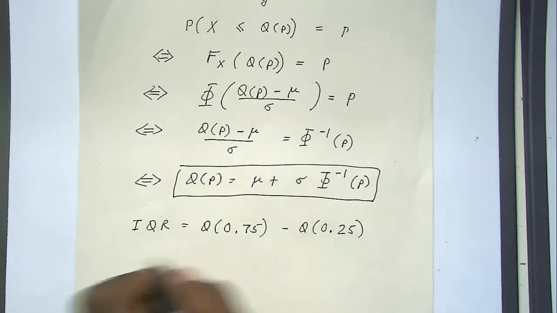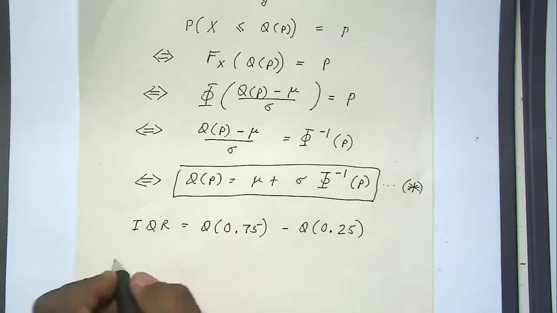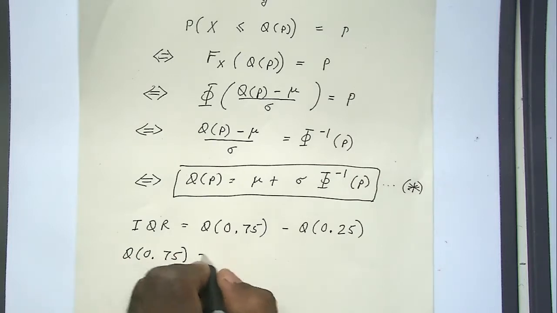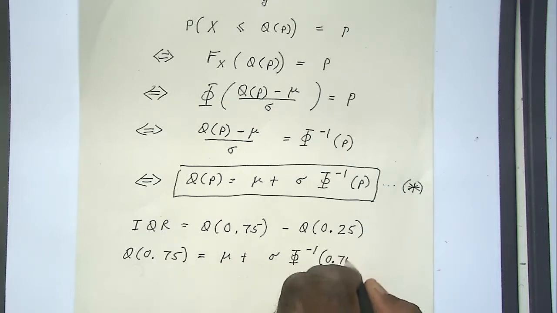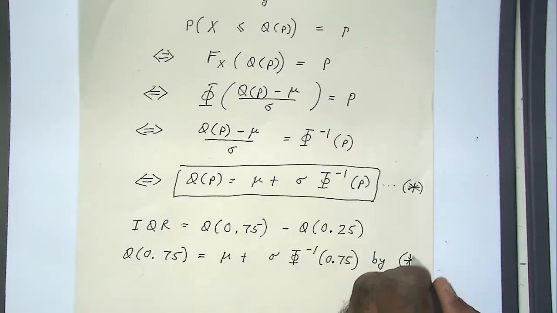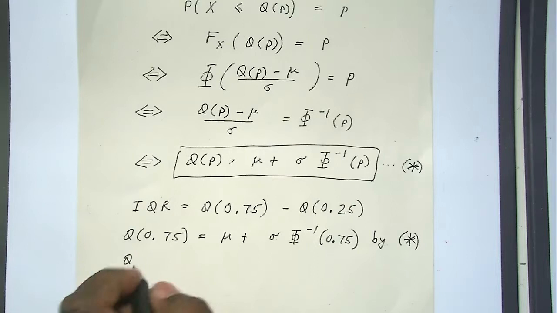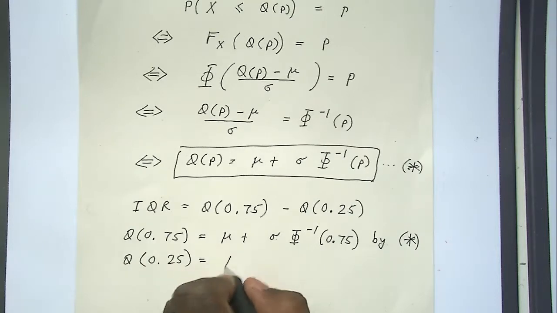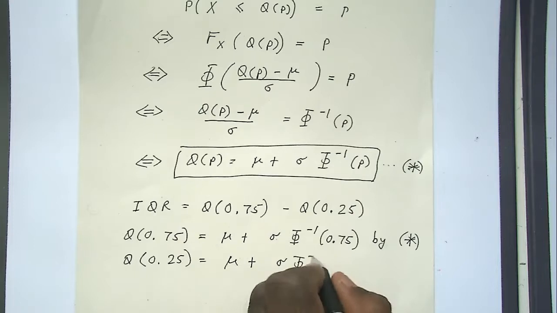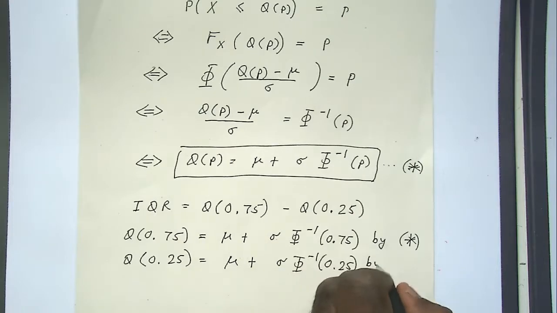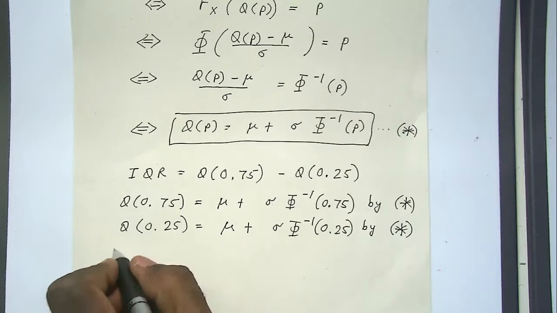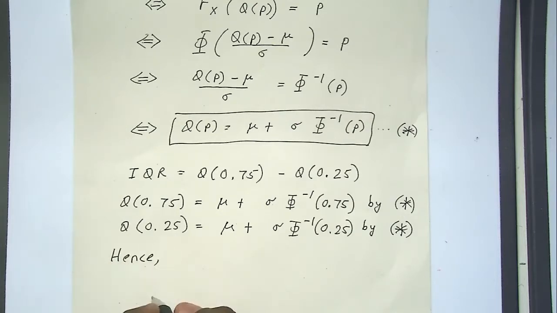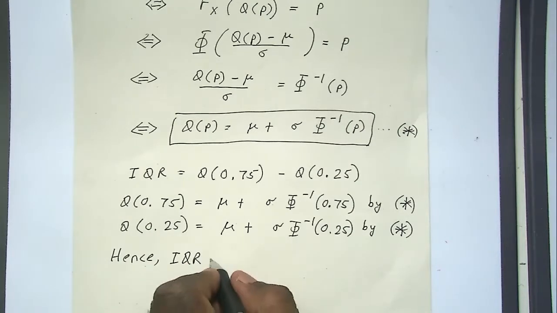Now, from this, if I call this star, hence the IQR is the difference between these two, which is sigma